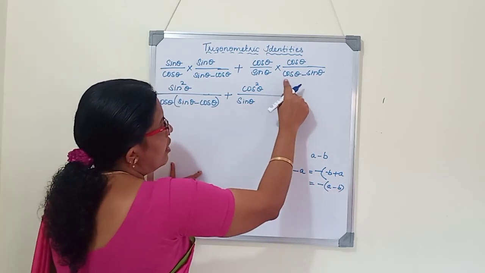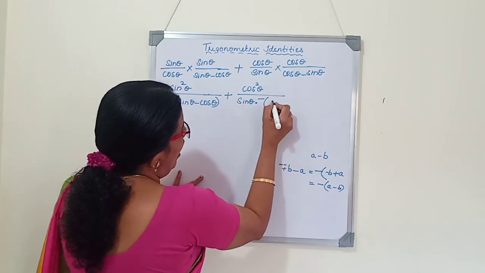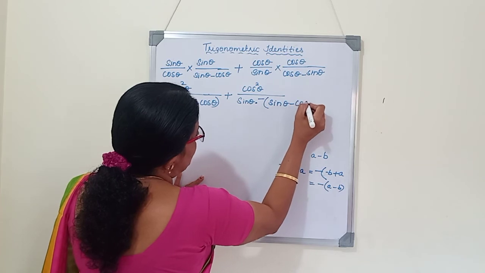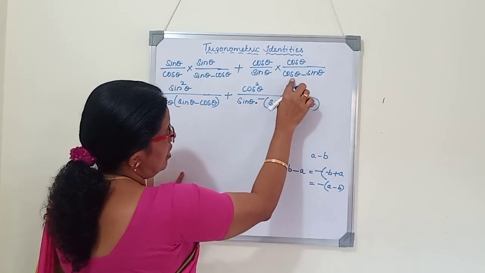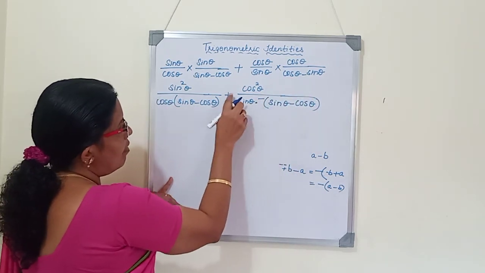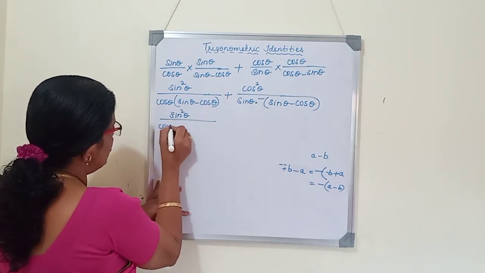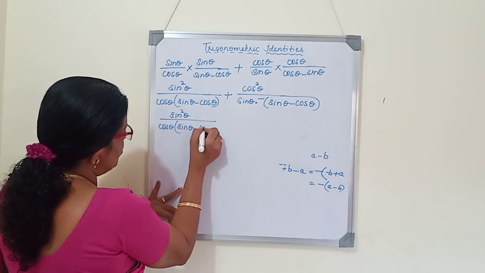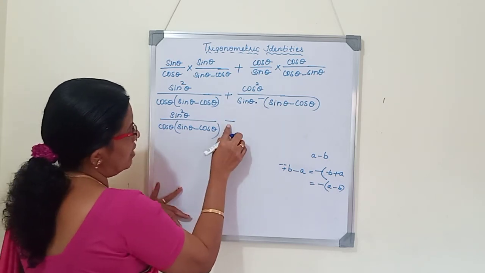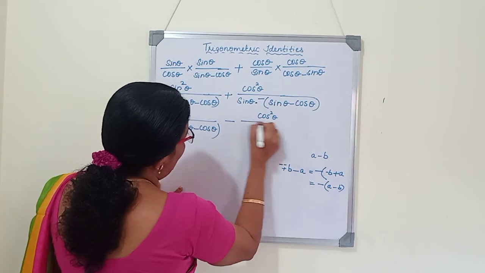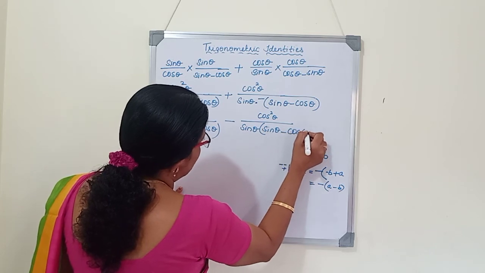Here, in the same way, I wanted to change cos theta minus sin theta as sin theta minus cos theta. I have to take one minus sign outside and write directly sin theta minus cos theta. Now minus into sin theta is minus sin theta, minus into minus cos theta is plus cos theta, and this minus sign we will multiply with the plus sign. Next step I will write sin square theta divided by cos theta into sin theta minus cos theta. This plus and this minus we will multiply, in the middle we put the minus sign, and we write cos square theta by sin theta into sin theta minus cos theta.